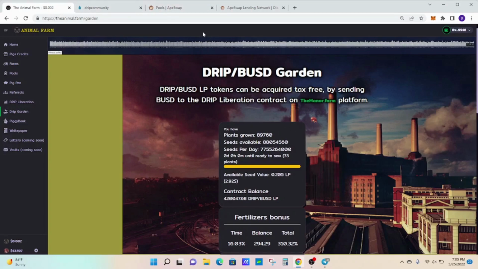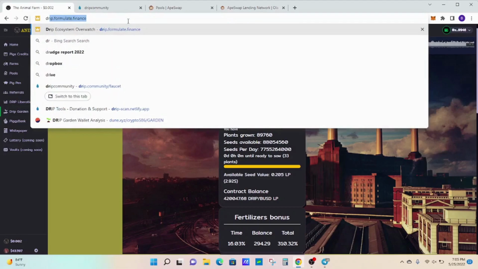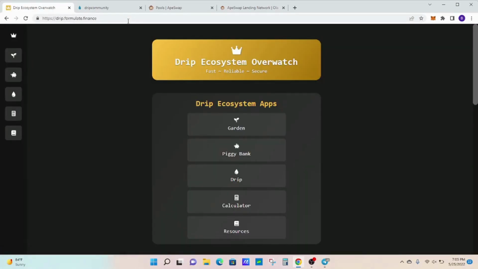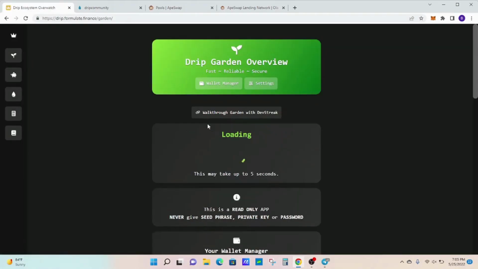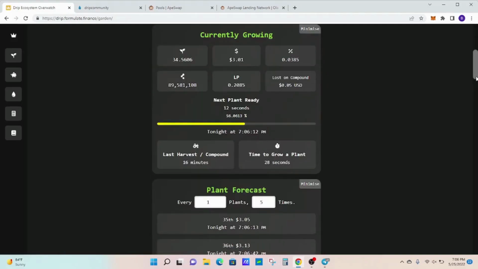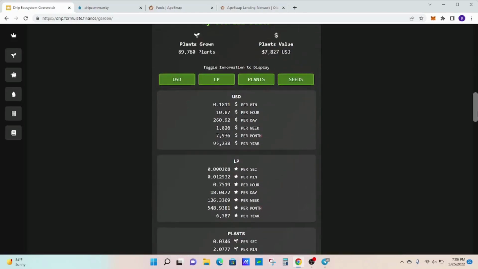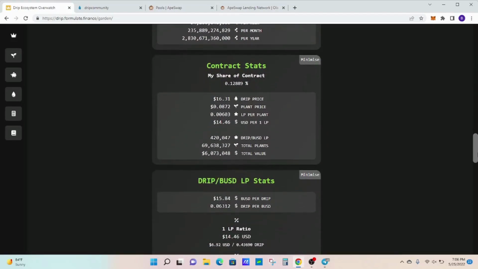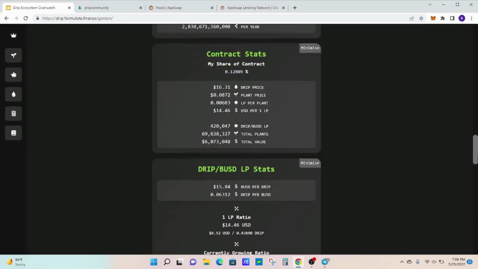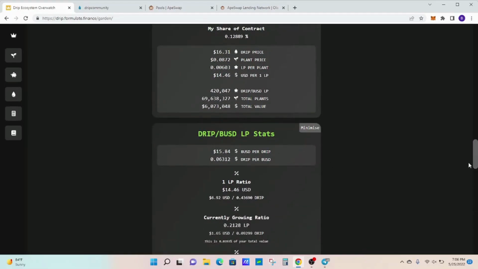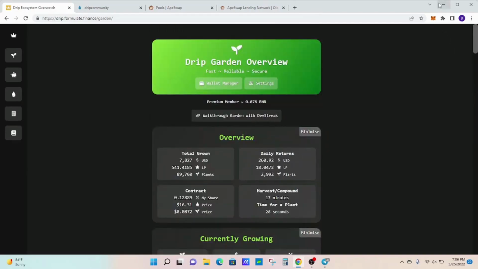So it looks like even today, let me pull it up, we got some kind of relief in the drip garden. I was at 258, and then it went back to 200. It's 260 now. For a time I think it was at 271. So the LP price went up for a second and then came back down. But Drip Garden is still one of my best investments I think I've ever made. Still printing. We still have 6 million total value locked in it. So I'm going to keep going at it.